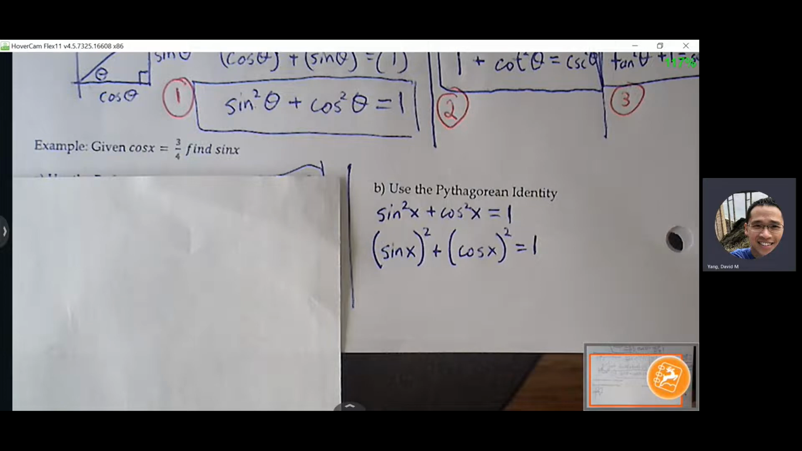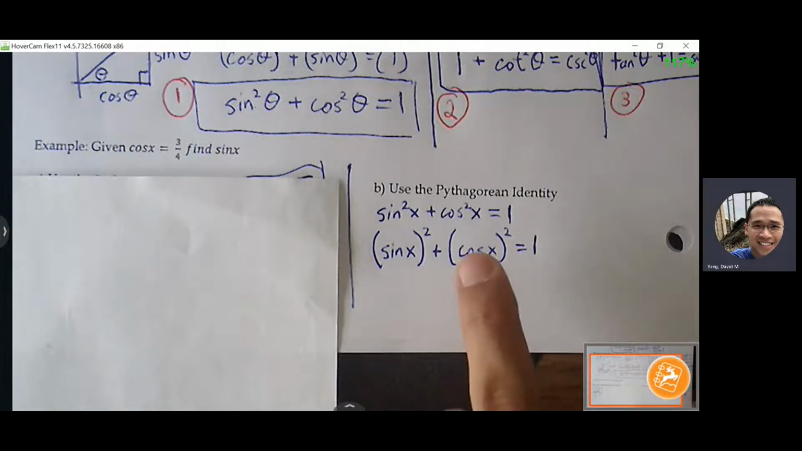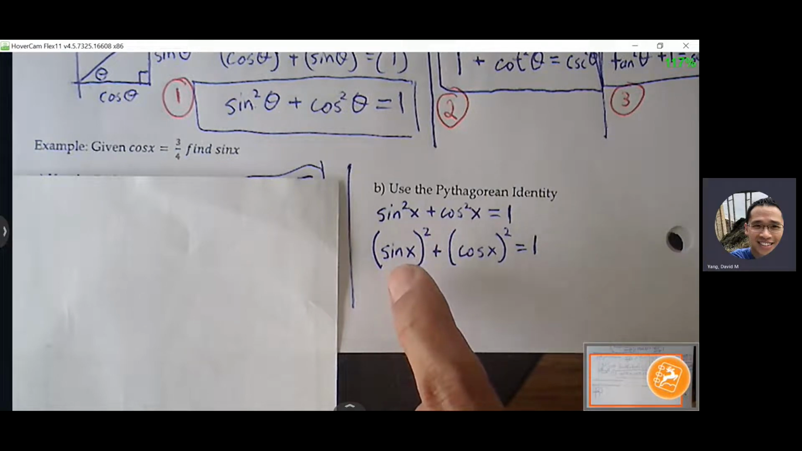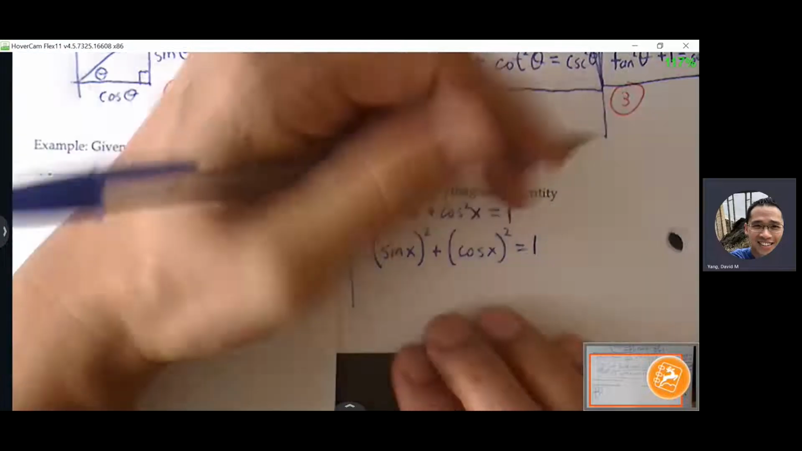Yeah, put in 3/4 for cosine. And that should allow us to solve for sine. I mean, we've got to deal with the squared, but we should be able to solve for sine of x algebraically. So